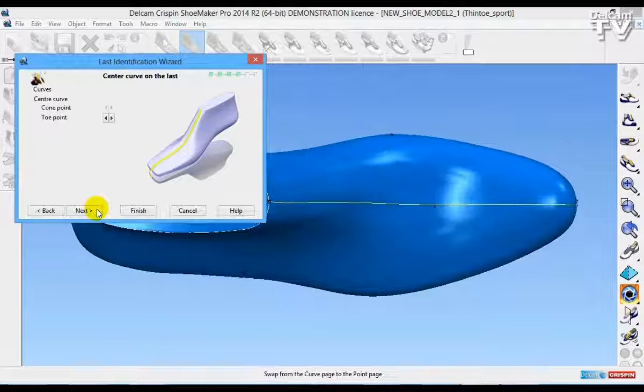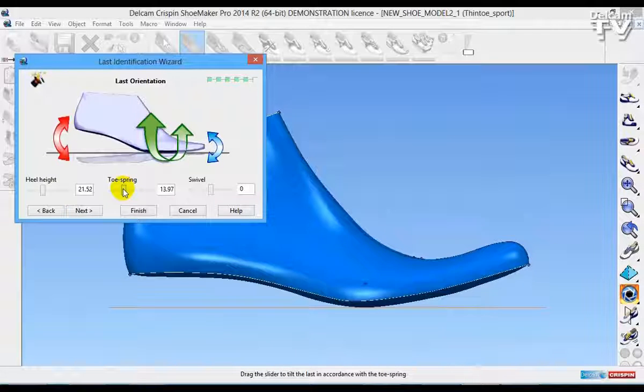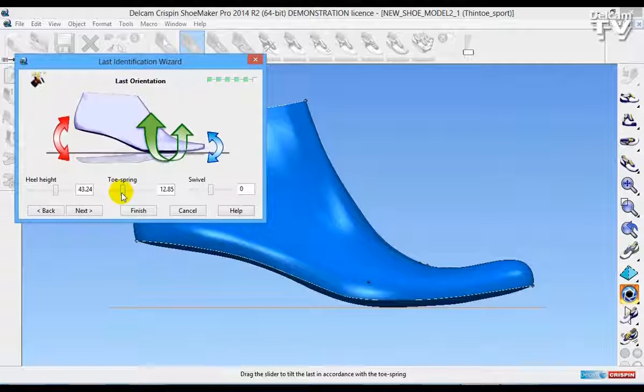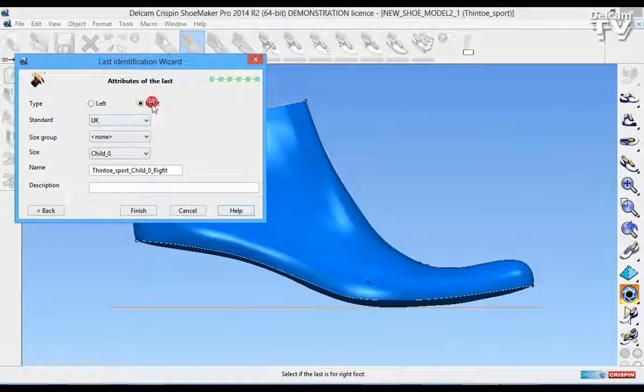I'm now going to make sure the center curve on the last is in the correct position. I'm just going to move it over slightly. I'm going to change the heel height. I'm just going to move the toe spring. Once I'm happy, I'm going to select Next, and now I can identify that it is a right last,